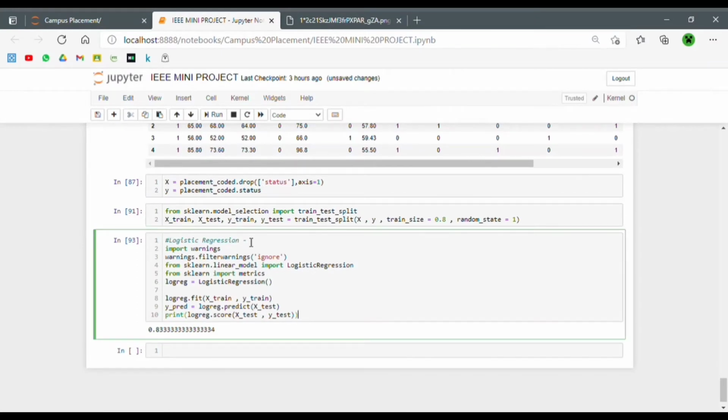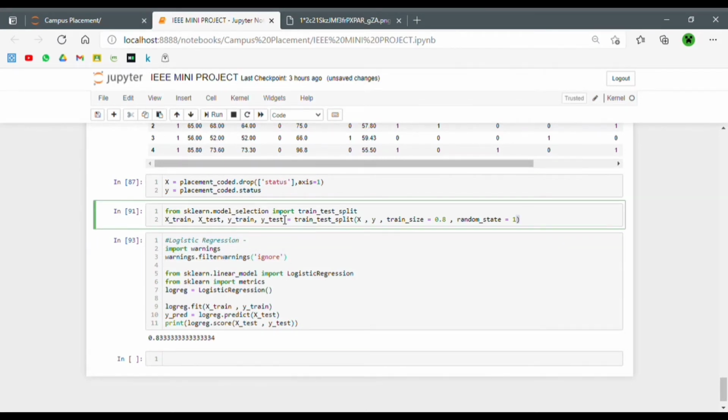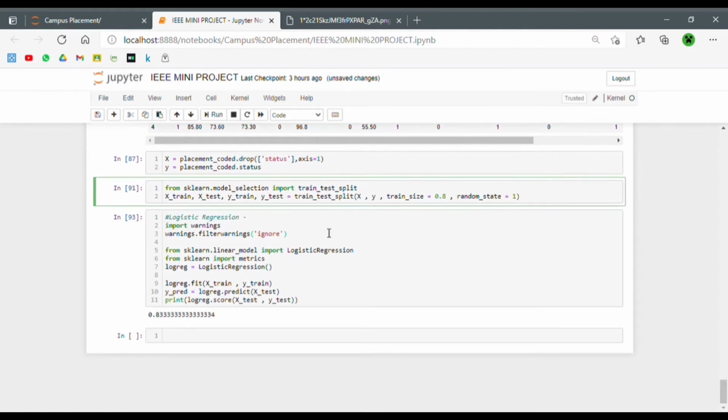So let's see what this code is actually doing. This is obviously to ignore the warnings, and I made a mistake earlier. I just wrote y_test over here, and that's why I was getting an error in my code. That's supposed to be y_test with an underscore. You can correct that.